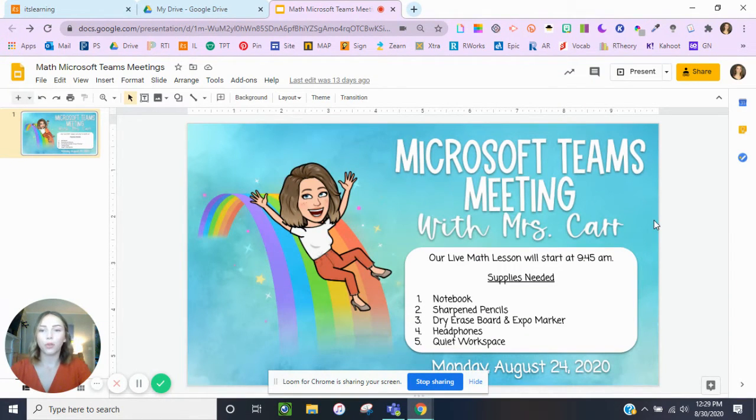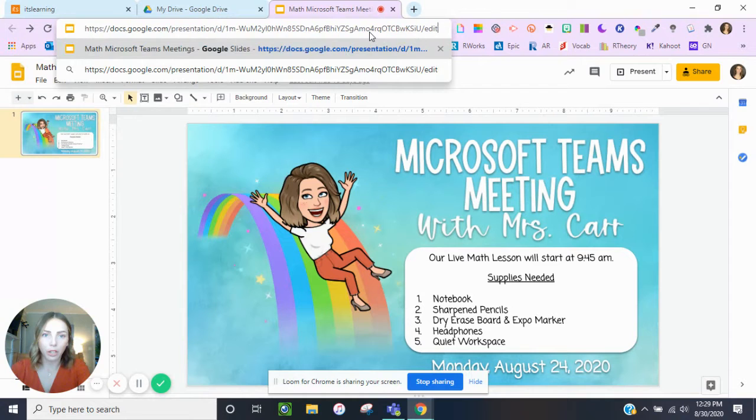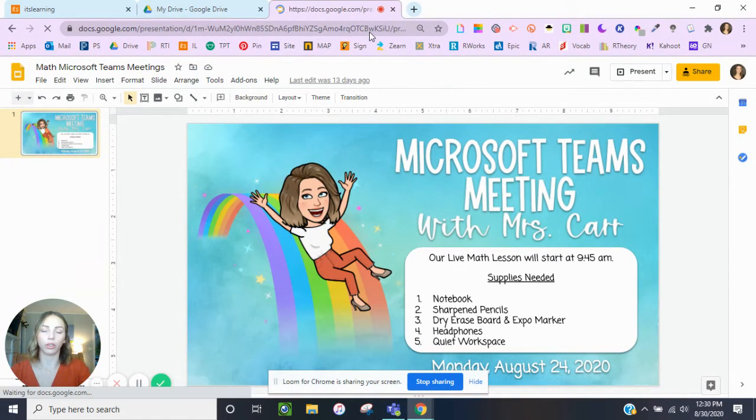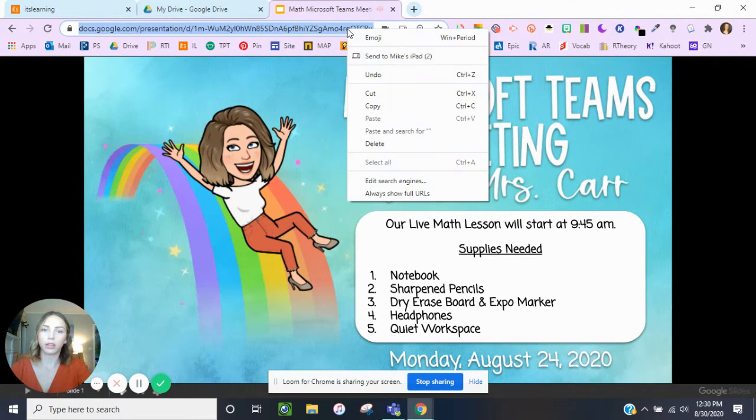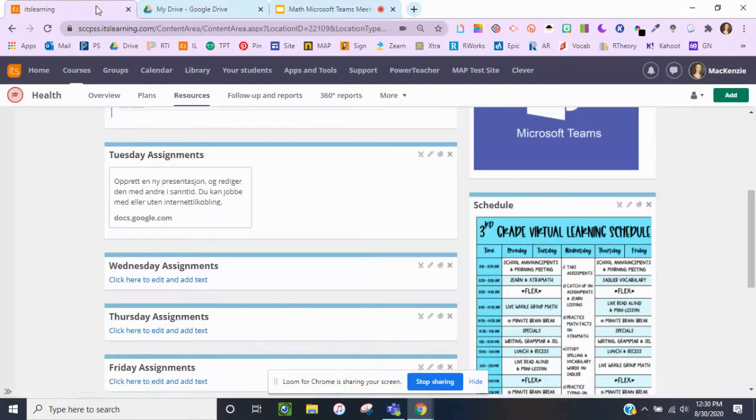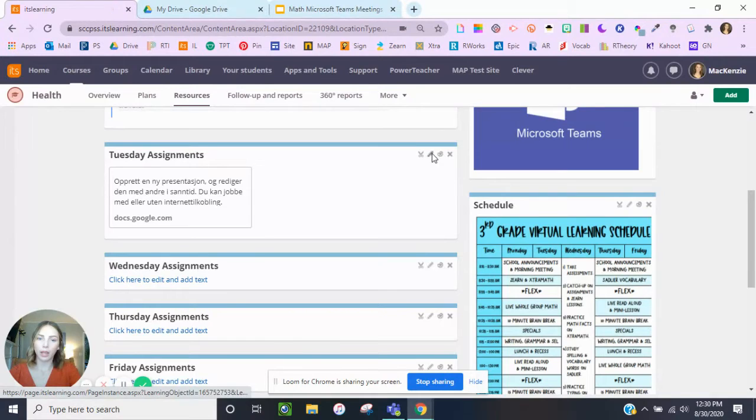And remember, if you want whoever is viewing your Google Slide or your Bitmoji Classroom to only see it in the present mode, you would come up here, click to the end of the URL, and get rid of everything after the slash and type in preview, and then click enter. Now I can just click on this URL, copy,